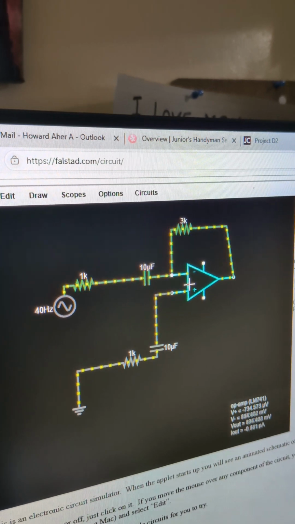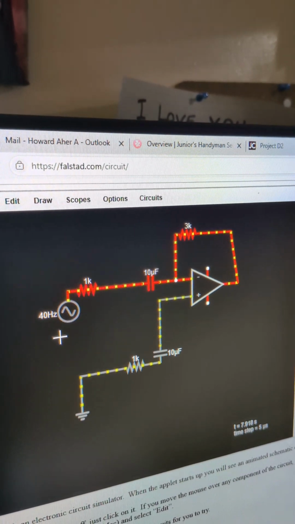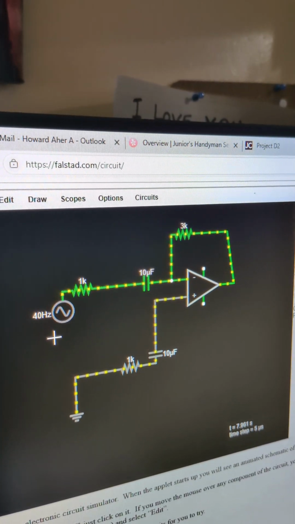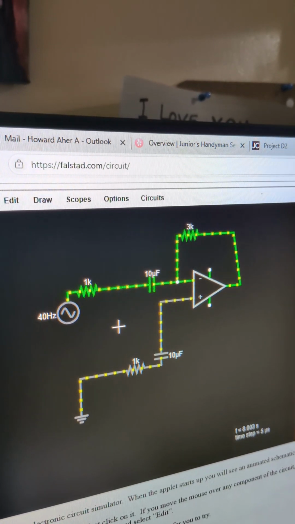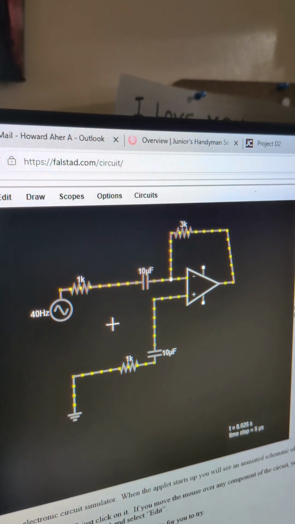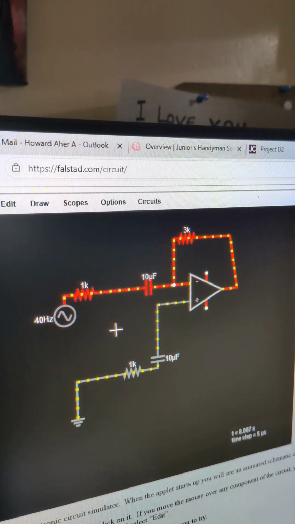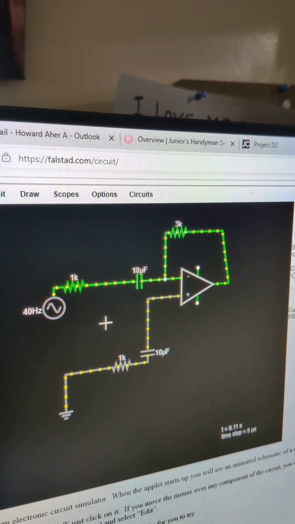The input signal, a 40 hertz AC source, is connected to the inverting input of the op-amp through a 1,000 ohm resistor, and a 10 microfarad